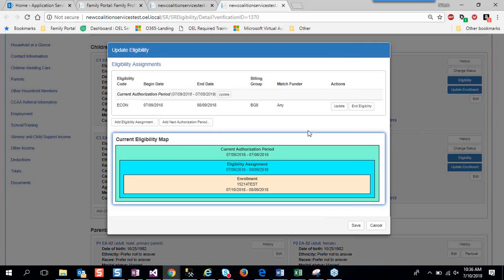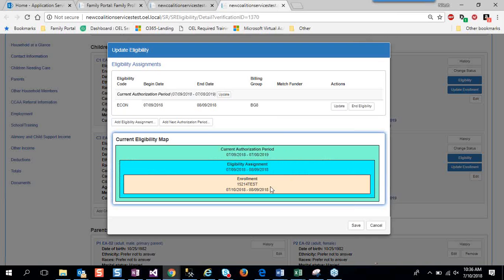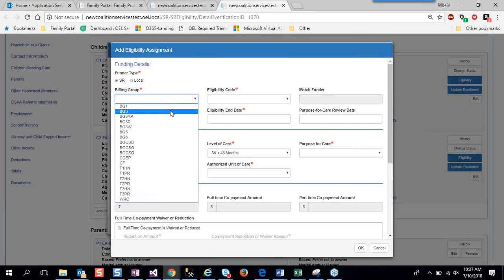All right, I was just double checking the dates. So I'm going to go ahead and save this and then go back in there. Now that I see that the eligibility assignment has been updated, and the enrollment has been updated, I can create a new eligibility assignment. So it was a BGA decon. I can go ahead and create another one or switch it to something else, but I'm going to keep it,